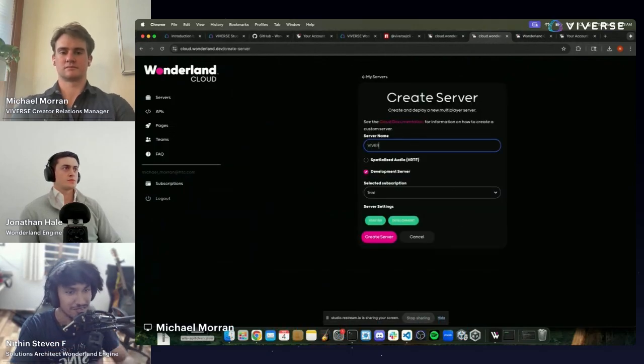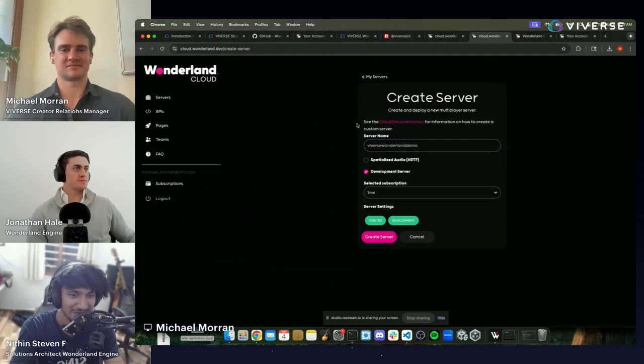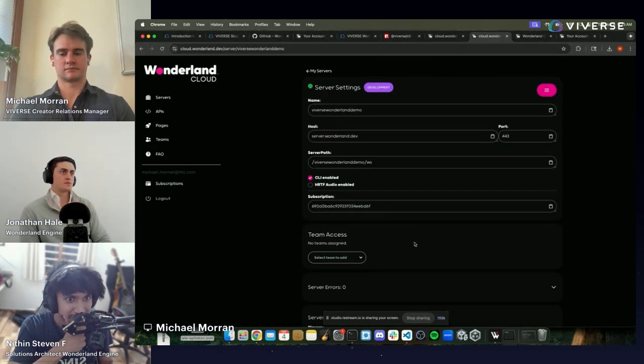Exactly. So name anything that you want, and now you can create the server, I guess, like leave the rest as it is. Now you need to copy the server path here, like you see VIVERSE Wonderland demo /ws. Now you come to Wonderland Engine editor,